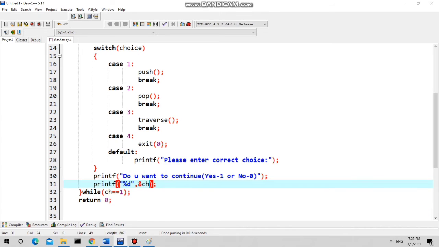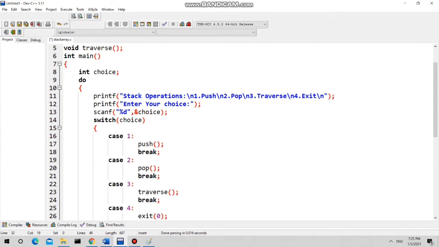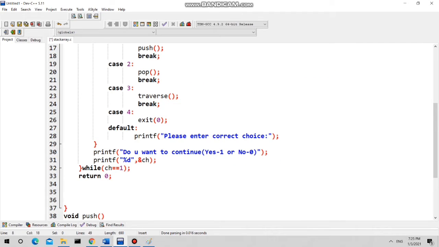So see, if he entered 1, that means he is interested to perform a few more operations on the stack. So if ch is equal to 1, again we are entering into this loop. So declare this ch here. If he entered any other option, that means 0 or something like that, this condition won't be true, that means the do part will not be executed again.